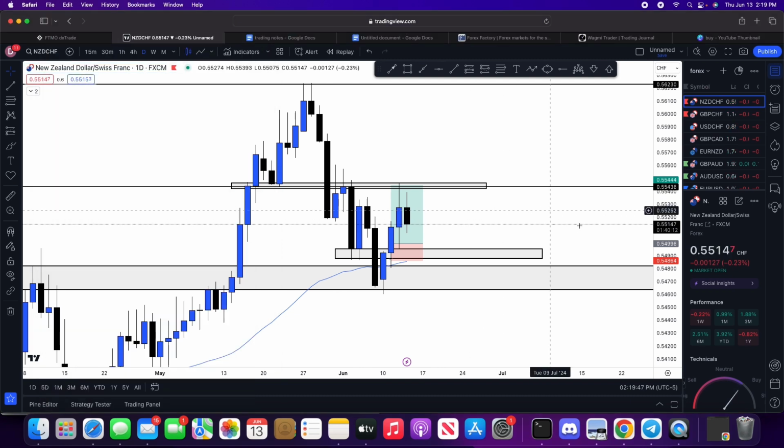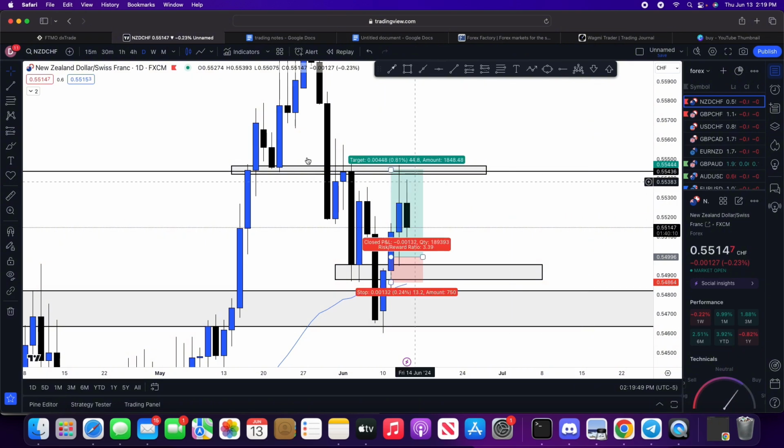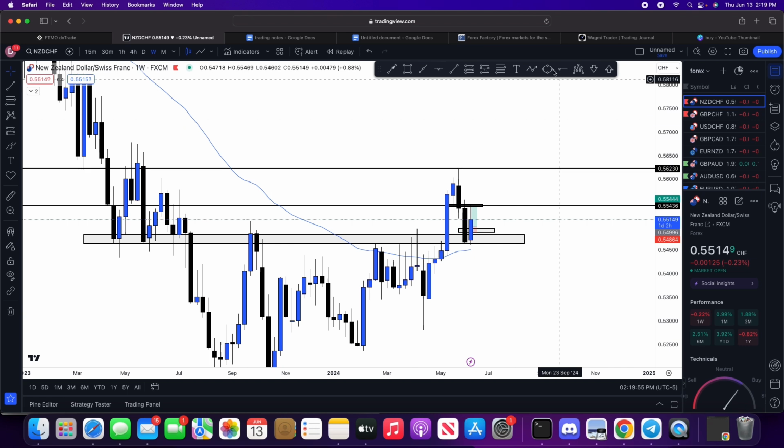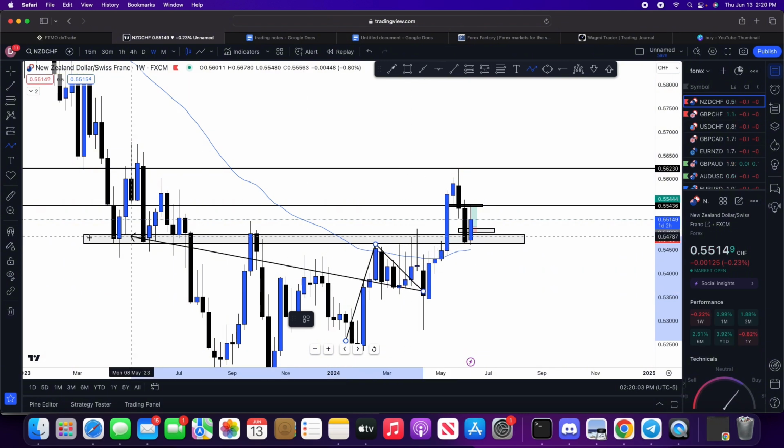Now, the whole reason for this trade is very simple. The higher time frames, such as the weekly, were indicating that, hey, look, we've created a higher high, higher low. This area of previous support and resistance finally broke above, and now there's that potential move to come back down to this area of interest to act as support.